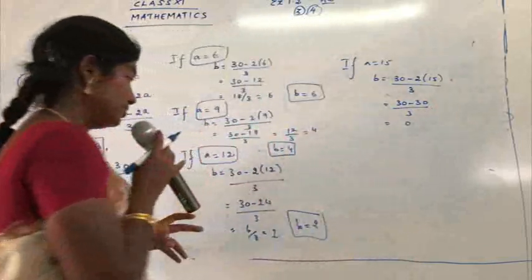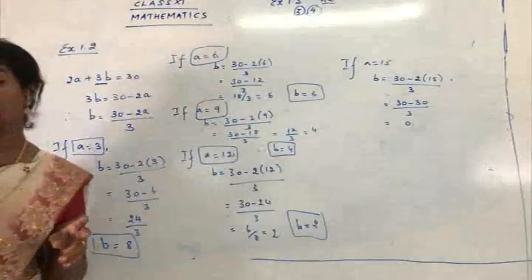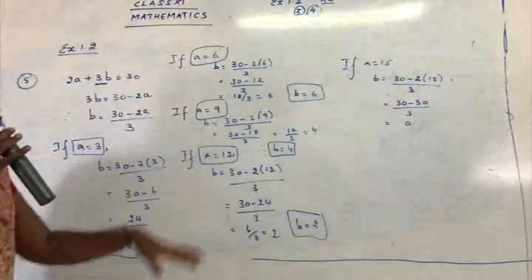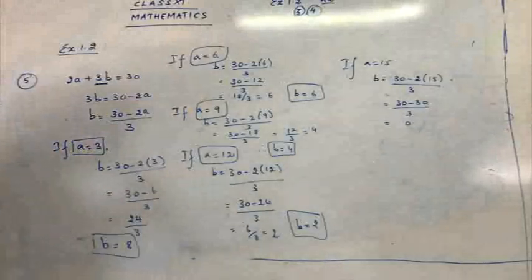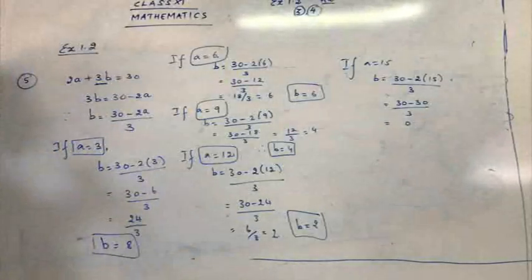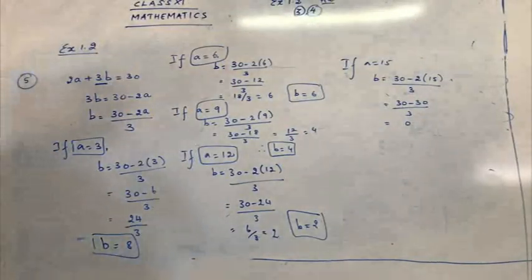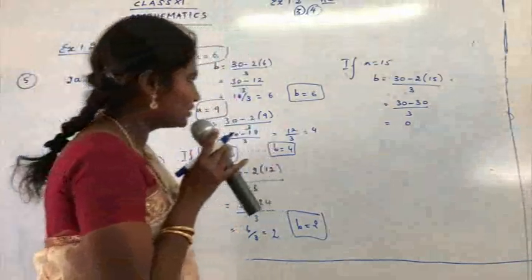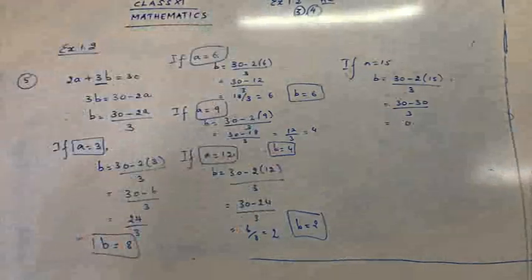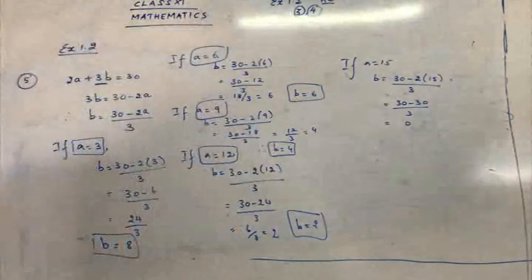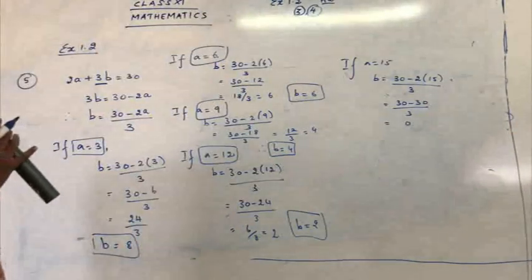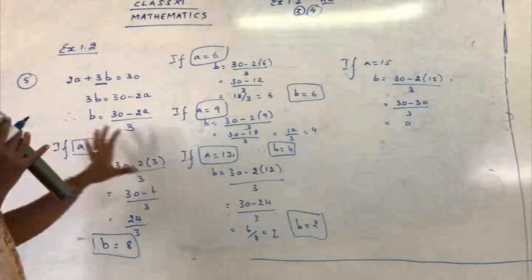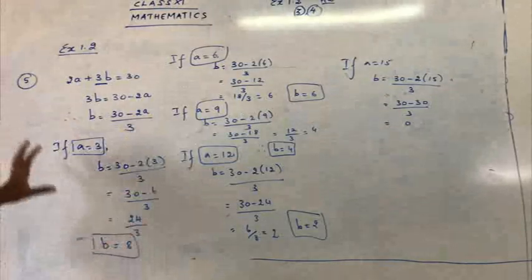Now you know about 0. 0 is not a natural number. 0 is a whole number. But we are going to deal with the relation from the set of natural numbers. So 0 cannot be included under the set of natural numbers. So now we have to stop over here. And whatever values we have got, we are going to list all these values as a table.